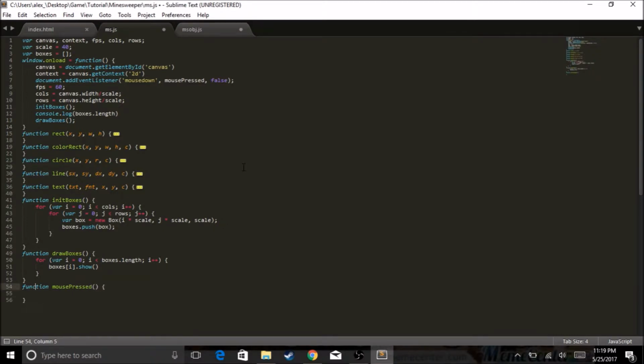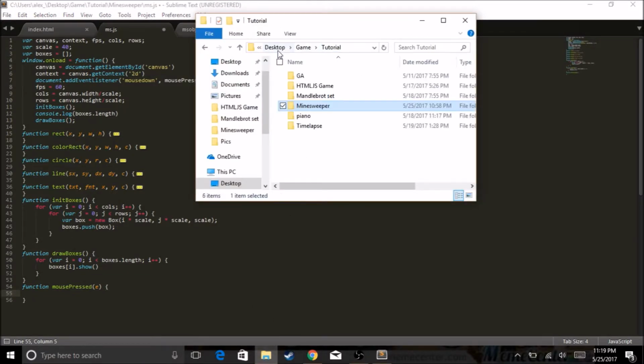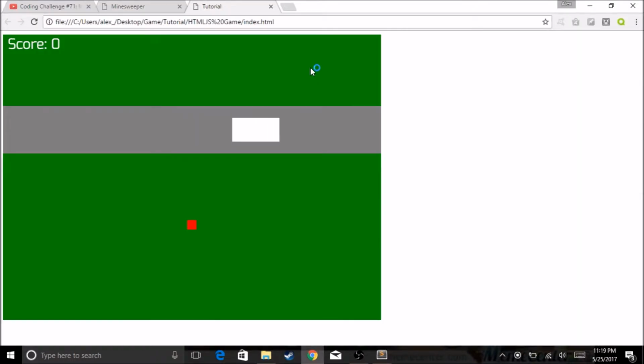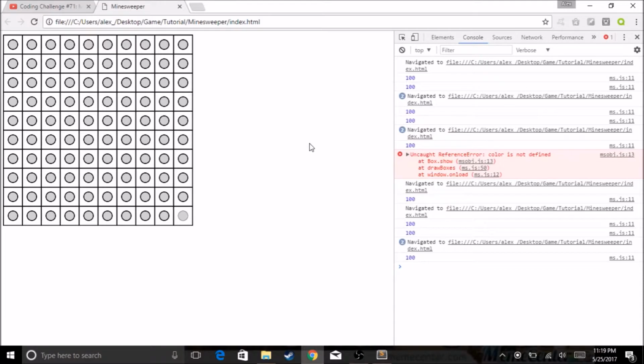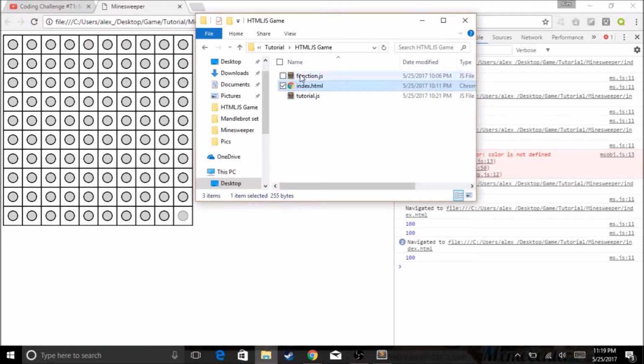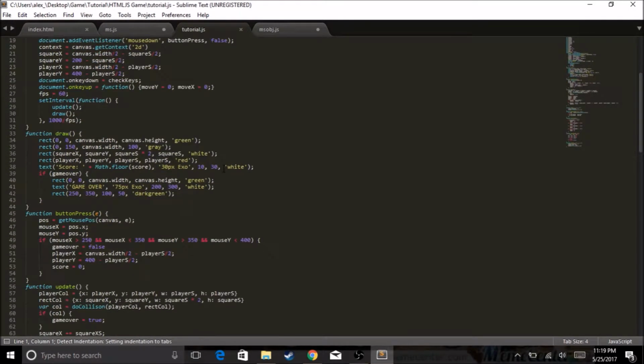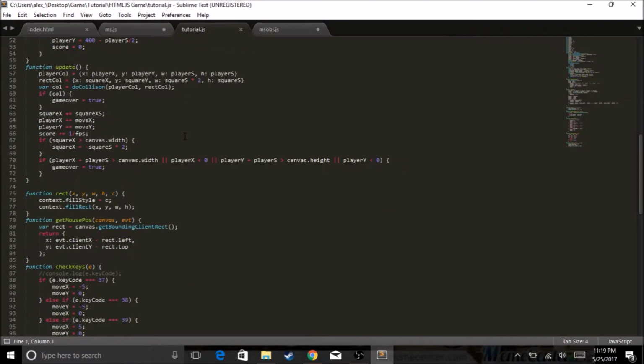And so it's going to determine which event you did, which means we need to actually get that. So I'm going to go to my HTML JavaScript game. Okay, so we need to get to a tutorial, and we need to grab ourselves, where is it? Get mouse press. So what this does is it gets the mouse position